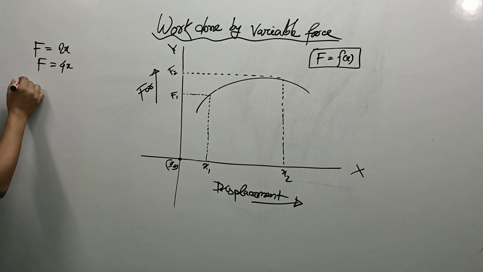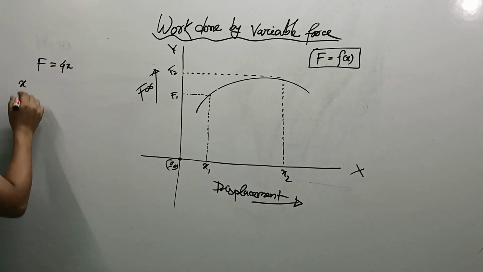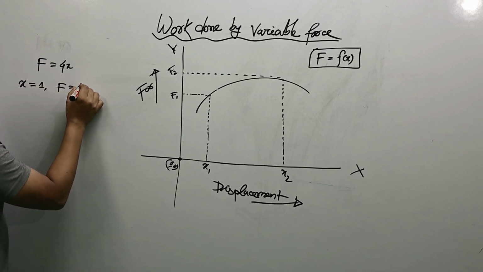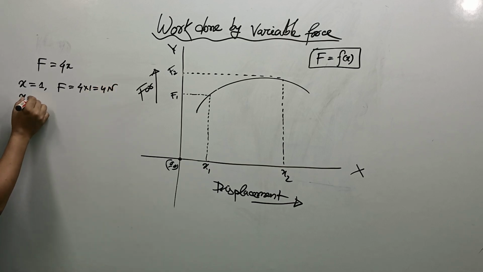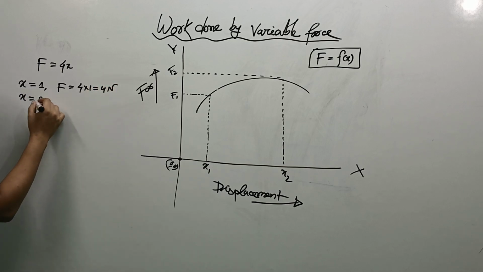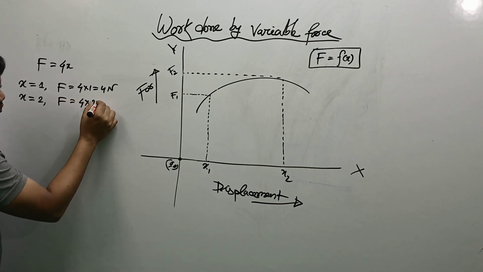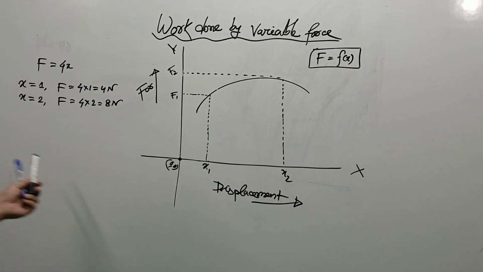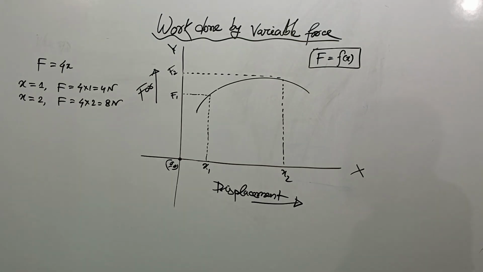Suppose we put the value of x in this equation. If the value is 1, then we get the force is 4 into 1, that means 4 Newton. If we put the value of displacement 2, then we get the force 4 into 2, that means 8 Newton. Because of that, we can see the relation between force and displacement